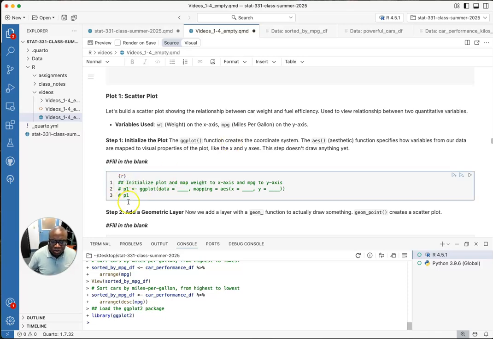Okay, and so when I just have the plot, ggplot as a function, the data is going to be empty cars. My x is going to be weight, and then my y is going to be